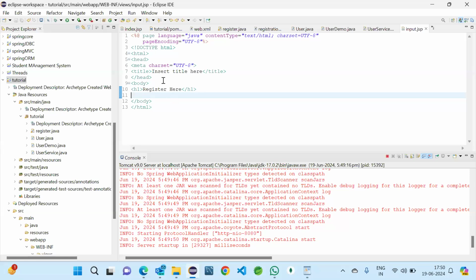Some scripts need to be added. So let me check them and add.